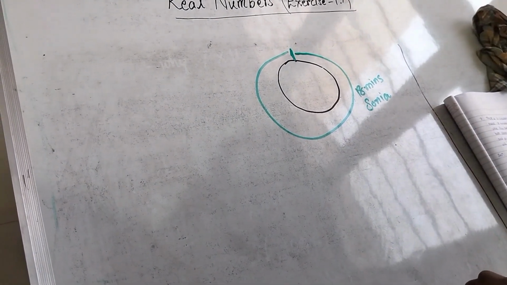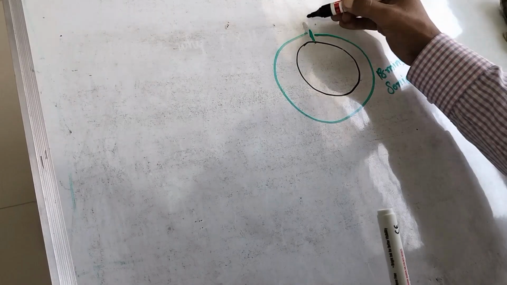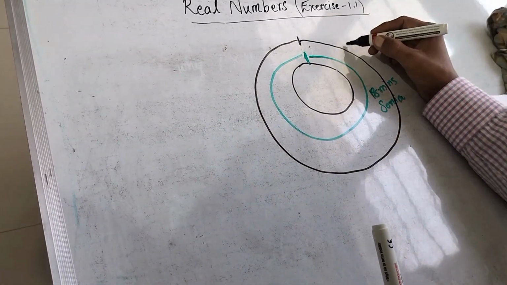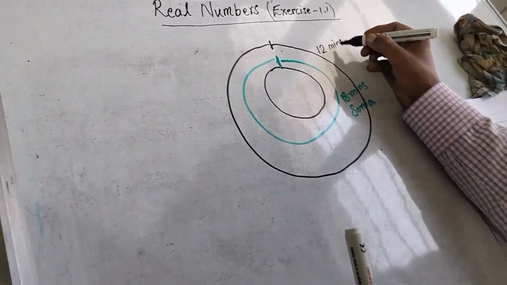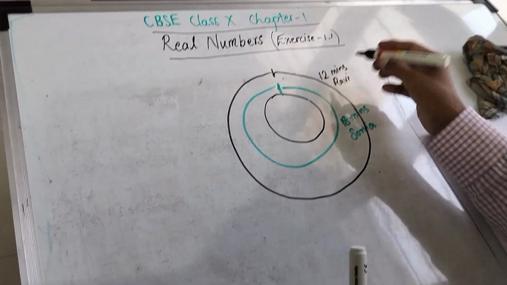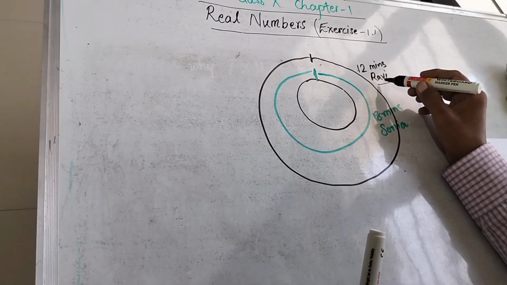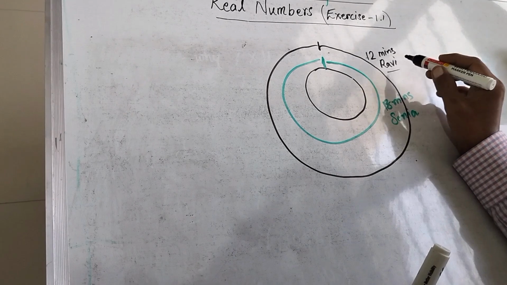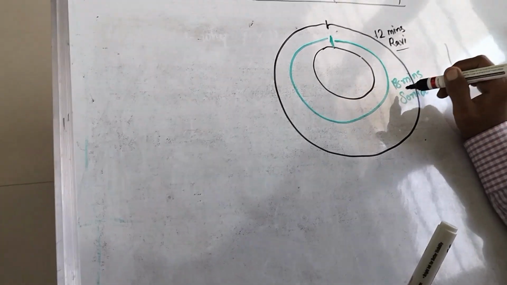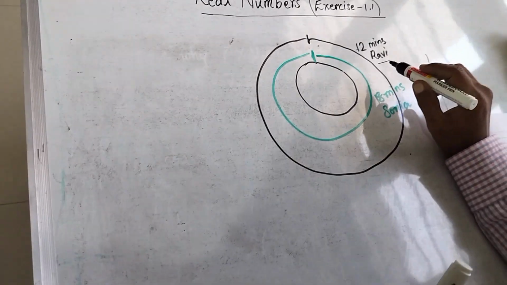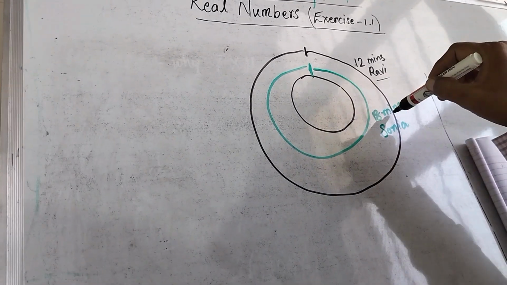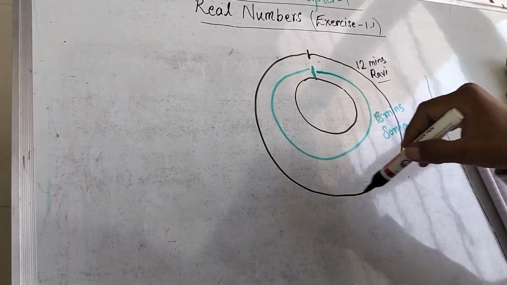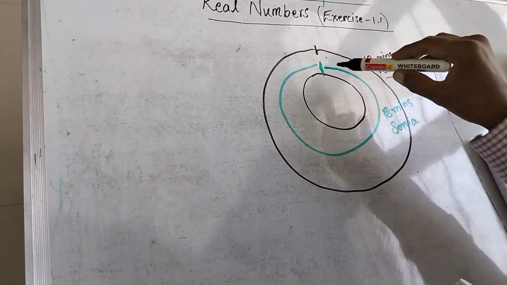Whereas Ravi takes 12 minutes. He is also starting from here. Ravi is taking how many minutes? 12 minutes. So who is faster? Ravi is faster. And they have asked what? Suppose they both start at the same point, at the same time, and go in the same direction. After how many minutes will they meet again at the starting point? Means if Sonia is going 18 minutes and Ravi is taking 12 minutes to complete the round, they are going,